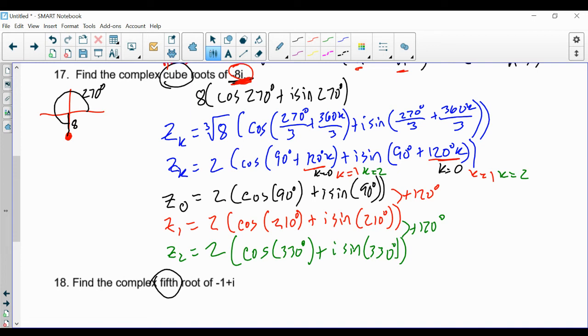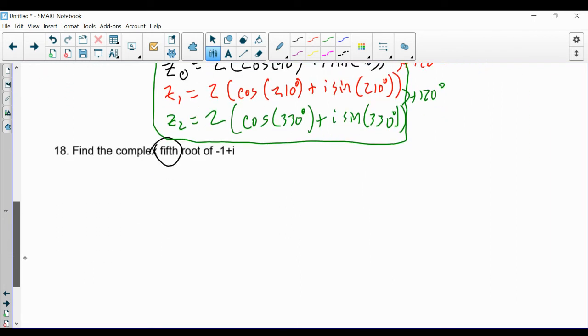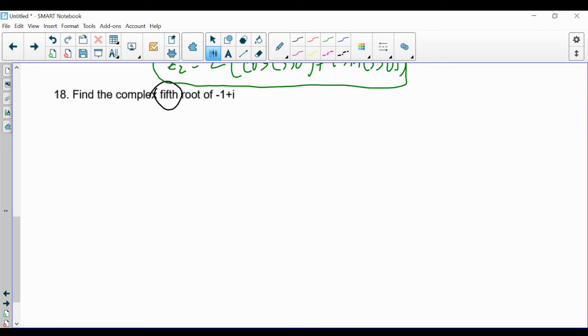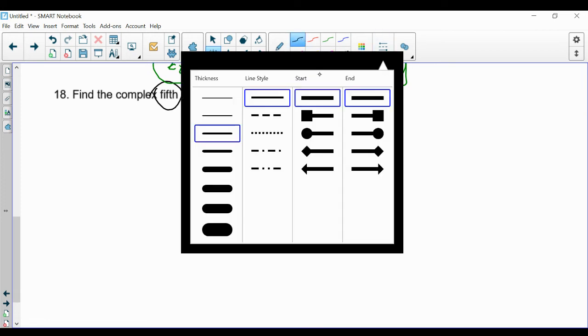Okay. So yeah, these right here are your 3 answers. Okay, and we leave them in polar form. Don't have to convert them. If they were in radians, it'd be very similar. But yeah. All right, so let's go ahead and do the last one on this review, which is this lovely